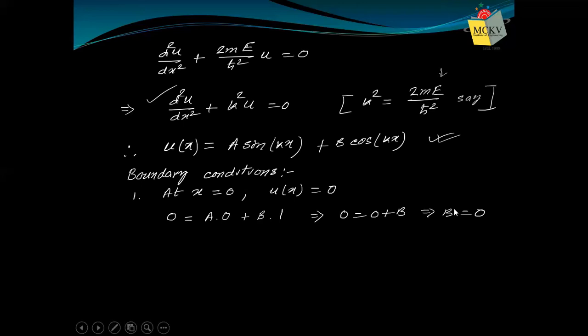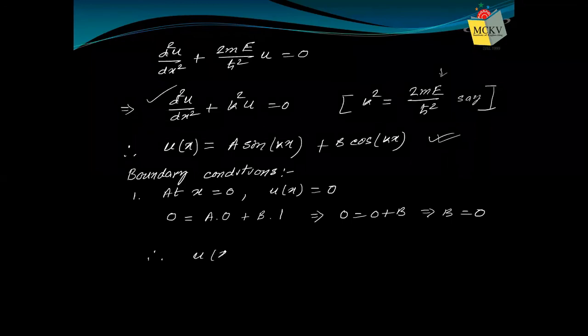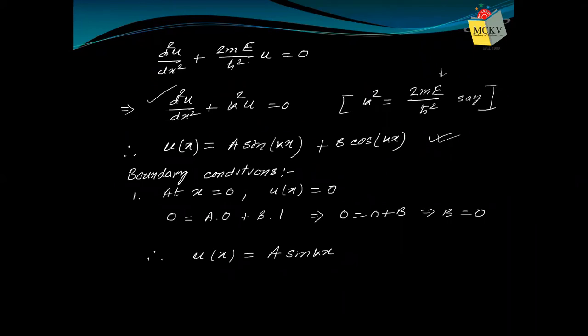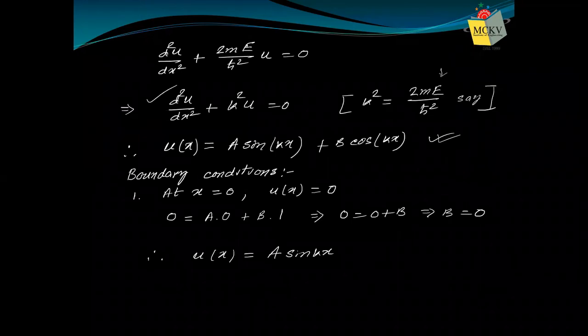Simple. I'm showing you all the steps, but eventually you understand it. If we put x equal to 0, then the first term becomes 0, but the second term exists. Therefore, b is 0. So from that first condition, we get b is 0. Therefore, now our equation is u(x) equals a sine kx. Much simplified. Still, we need two unknowns, a and k. But we have another boundary condition. So next boundary condition. Our equation is now, I'm writing it again, a sine kx.